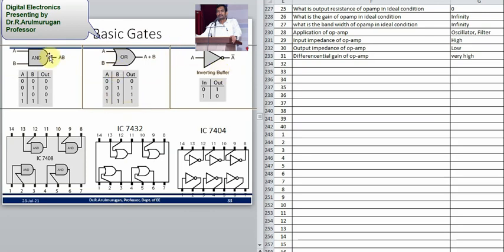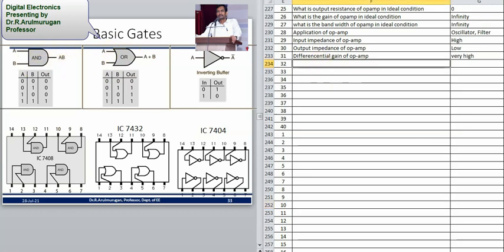How many input terminals? These are the two simplest questions. They are not asked in the MCQ of your in-sem or end-sem, but you should know about this simplest one. How many input terminals in the AND gate? Two input terminals. How many output terminals? One output terminal. OR gate: this is the symbol of representation of the OR gate.